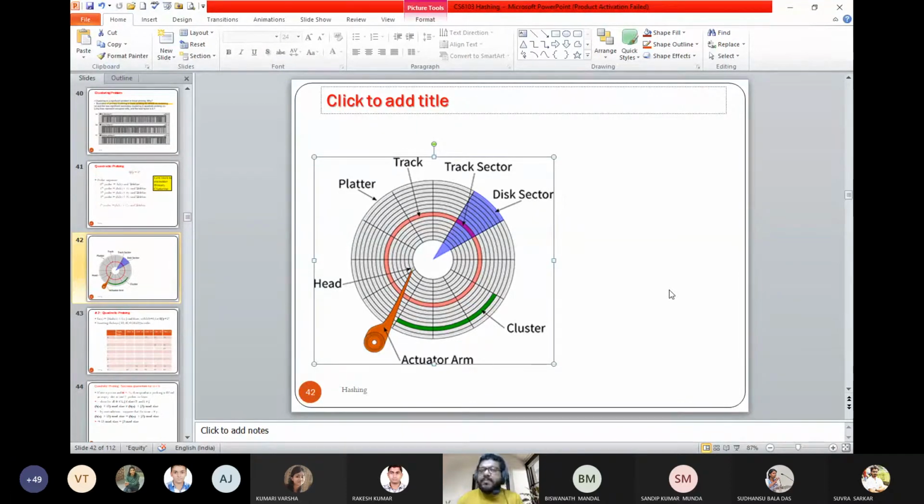So when we decide on B tree or B plus tree, the order of the B tree or B plus tree is decided based on this capacity. If a single address location is capable of storing 6 records, then I'll be selecting a B tree of order 6 as my index structure. Okay, so how will it be useful?